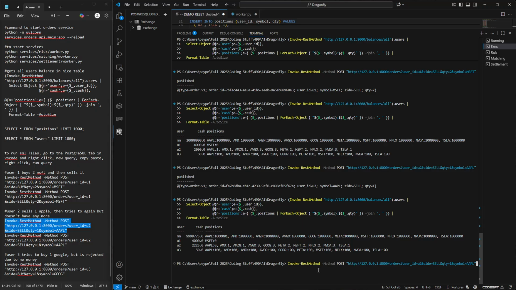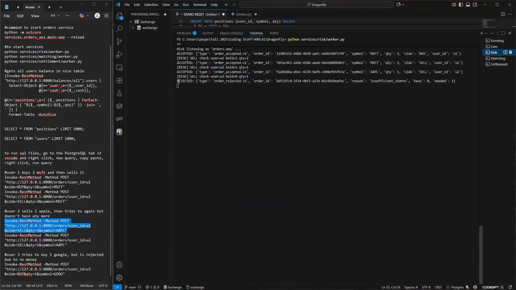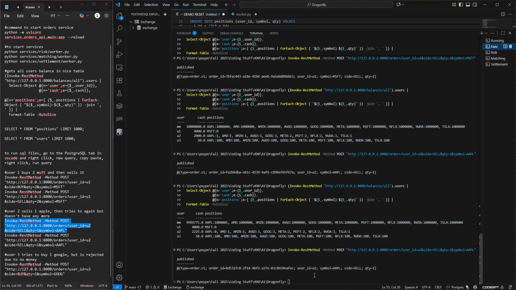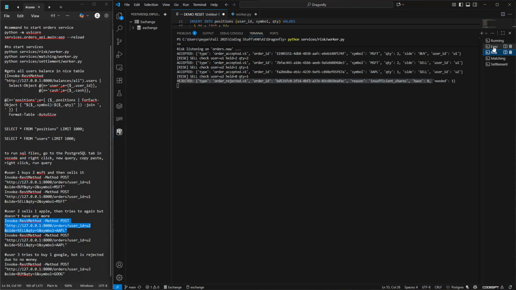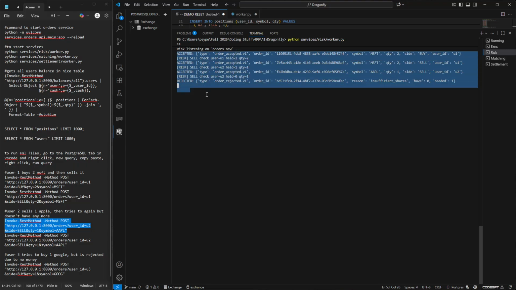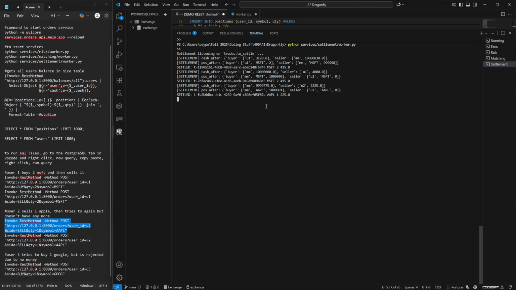So what if now we are user two and we try to sell another Apple stock? Well, you'll see our risk rejects that because if we print out the table again, we still have 0 Apple because we don't have another Apple to sell as user two. So that order gets rejected. It is not valid. So these are the 4 commands we've run so far, and you can see that the 4th command didn't pass through to the matching service